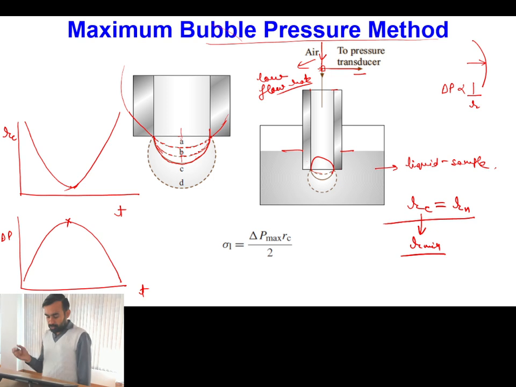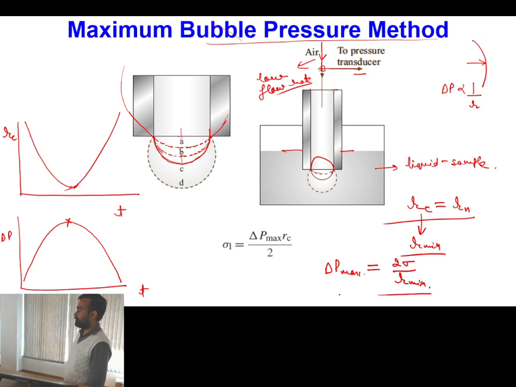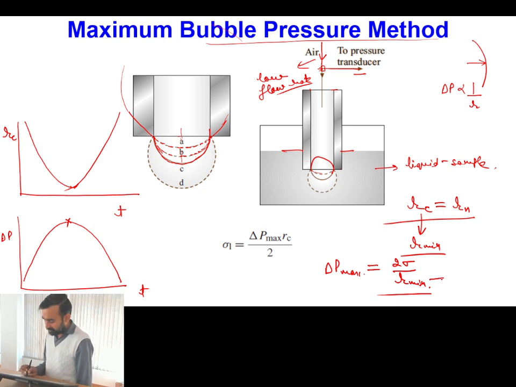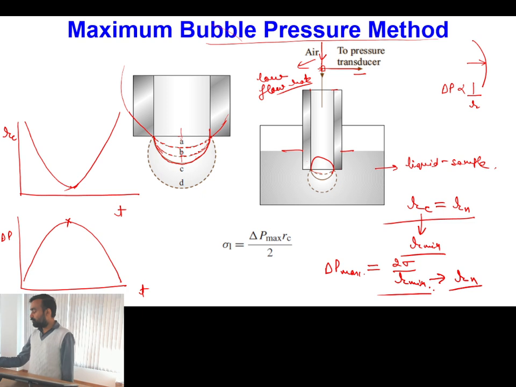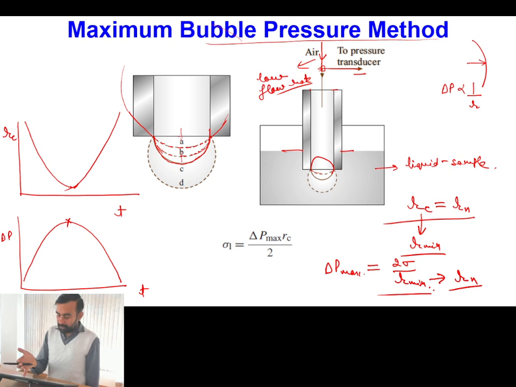Is this point clear? So I can simply use the equation that delta P will be maximum when R, the radius of curvature, is minimum. All clear with this point? And the minimum radius of curvature in this scenario is nothing but equal to the radius of the needle. So by just knowing the radius of the needle and the value of the pressure signal, I can calculate the value